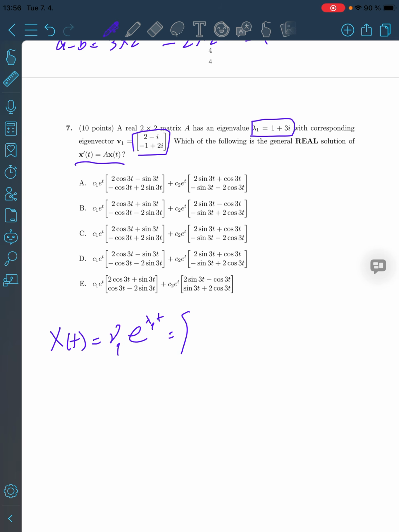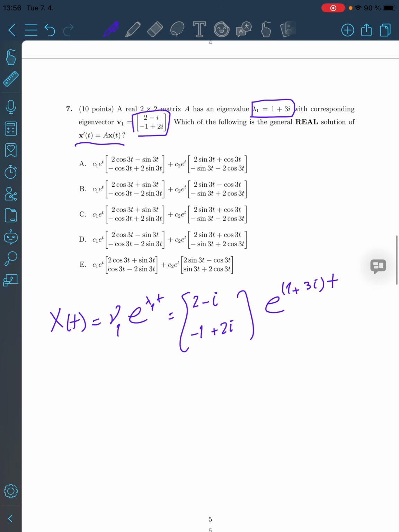Okay, let's replace. So what is v1 is 2 minus i, and then -1 plus 2i, and then here e to the lambda 1 is 1 plus 3i, and then t. But this solution is kind of a complex solution for this answer. We need to compute the imaginary part and the real part, and then consider the linear combination of imaginary part